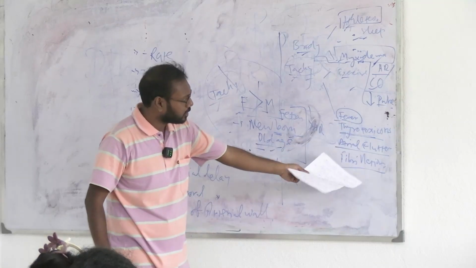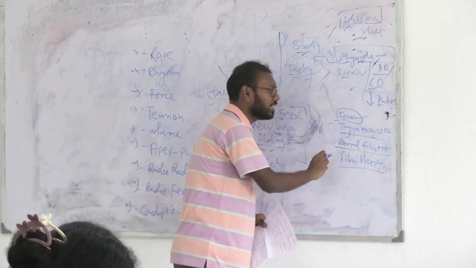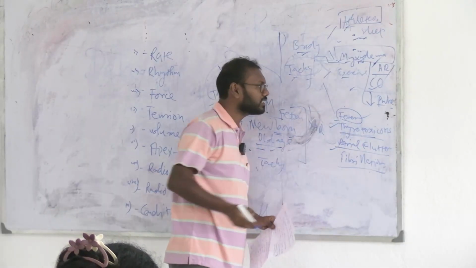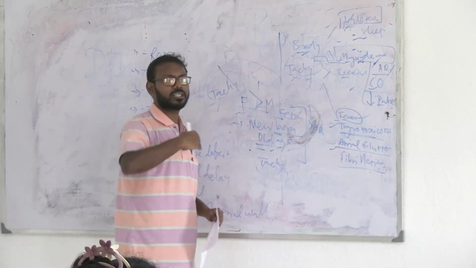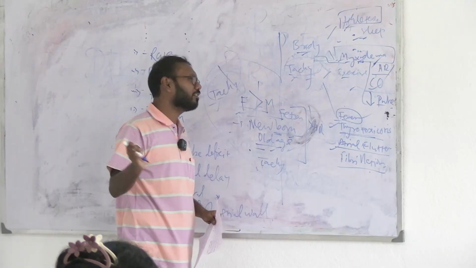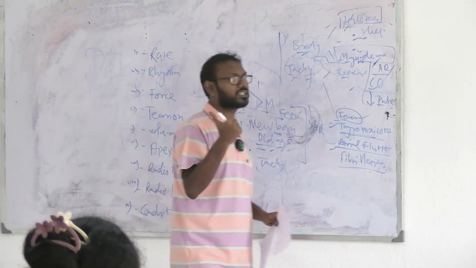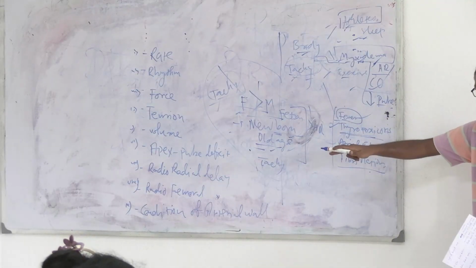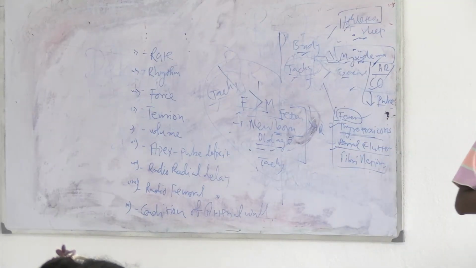But all of these are pathological. If you don't treat your fever, if you don't treat your thyrotoxicosis, if you don't treat this flutter and fibrillations, the patient will progressively get worse. His pulse rate will never get lower without any external interventions, interventions being treatment of these diseases. So that's why they are called pathological tachy, not physiological.